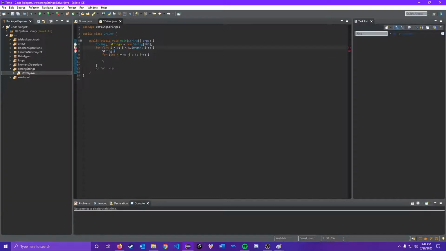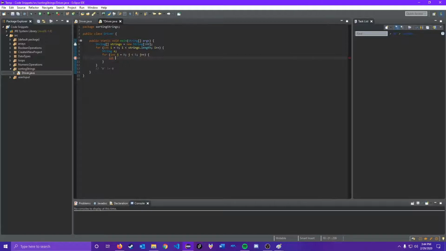String S equals, and we're going to set it to the empty string, which I've talked about before. And there's a reason we need to set it to the empty string and not just say string S, right? And I'll show you why. If we just say string S, if I say